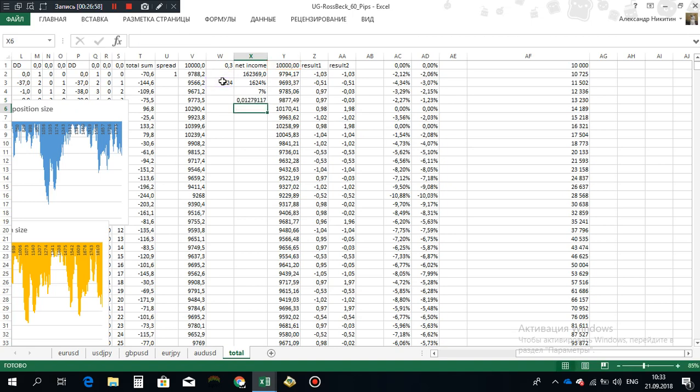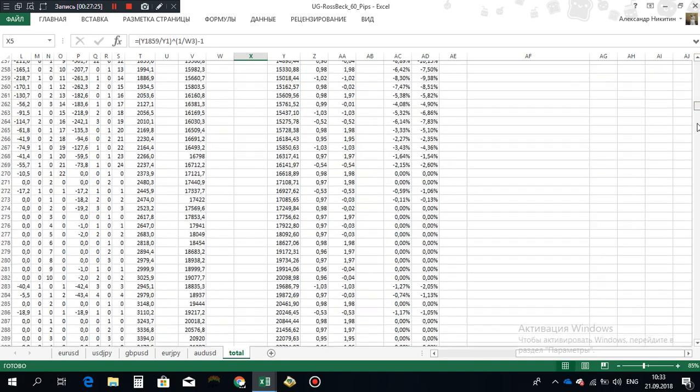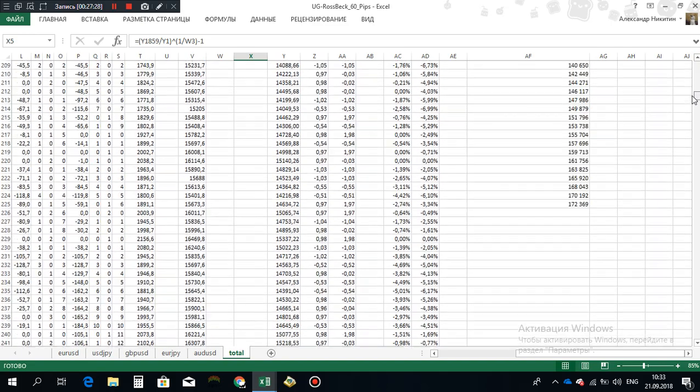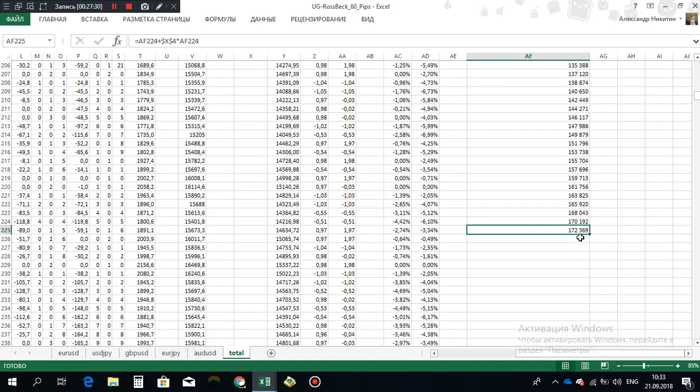So Excel would say that on average we generated 0.012, slightly more than 1%. 1.28 monthly return. And of course, if instead of this 7% we had a 1.28 monthly return, in the end we would have this very number,